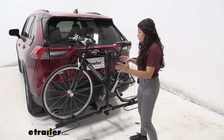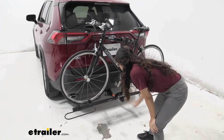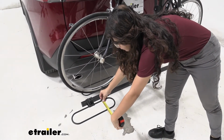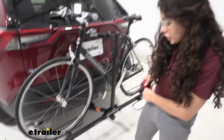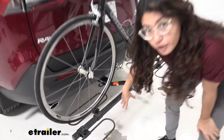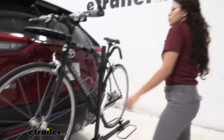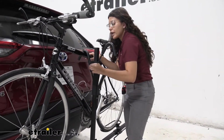So the way our bike is mounted to this rack here is by these wheel loops at the bottom and a frame mount. If you look at the wheel loops, they can accommodate bike tire widths of 3.5 inches, and you can loosen this and move it back and forth to accommodate bikes with longer or shorter wheelbases. So this has a frame mount up here, so if you want to dismount your bike, what I like